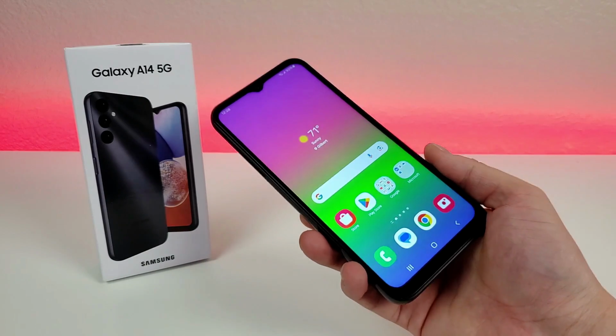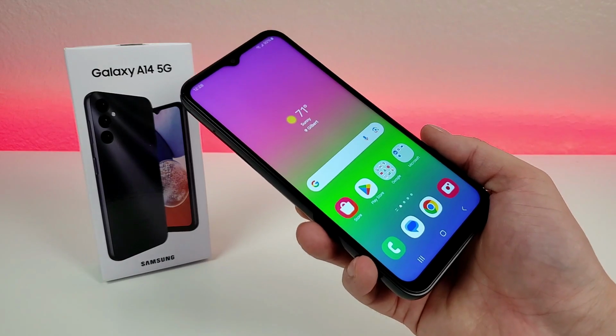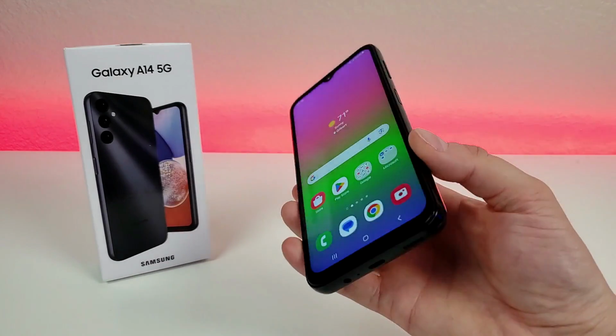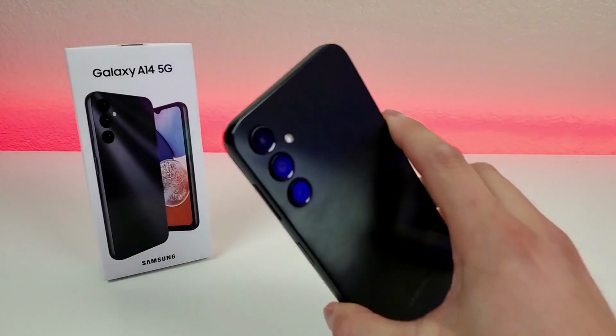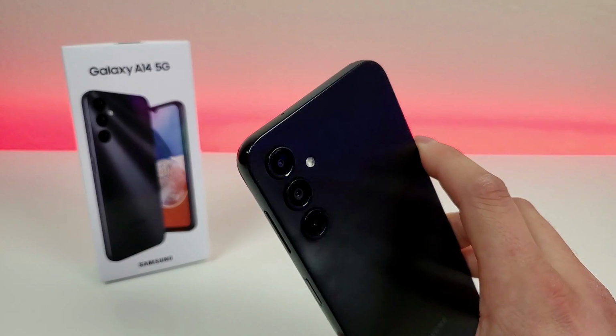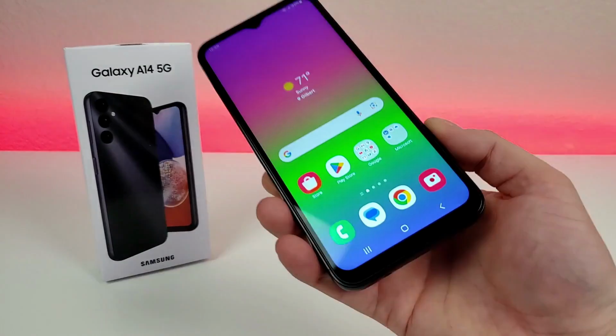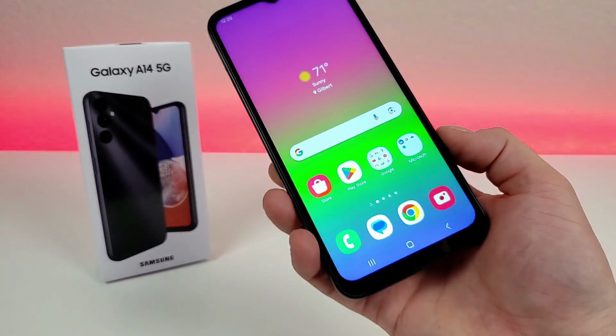What's going on, everyone? This is Kevin here, and this is the Samsung Galaxy A14 5G in 2024. Now, the Galaxy A14 5G originally launched back in January of 2023, so at this point, this phone is well over 1 year old. Now, I want to make this video kind of looking back on it